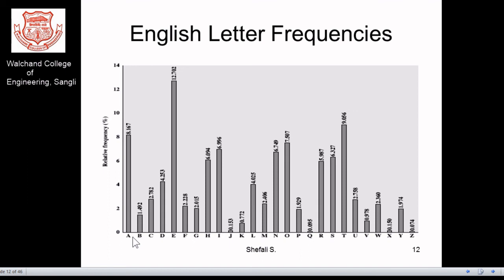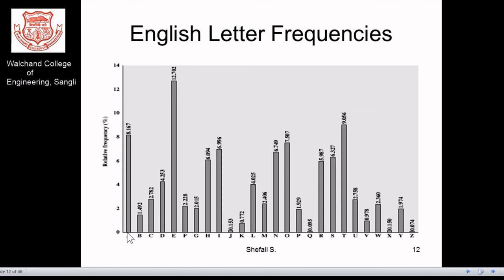In a typical conversation, maybe a paragraph, maybe a complete chapter, with certain trial and error, some frequency table is given, and this is one of the frequency tables I'll share with you. On the x-axis, A, B, C, D up to Z are marked, and the observation is of the percentage occurrence of each letter. This particular example is taken for the English language. If it is some other language, obviously these values may change.